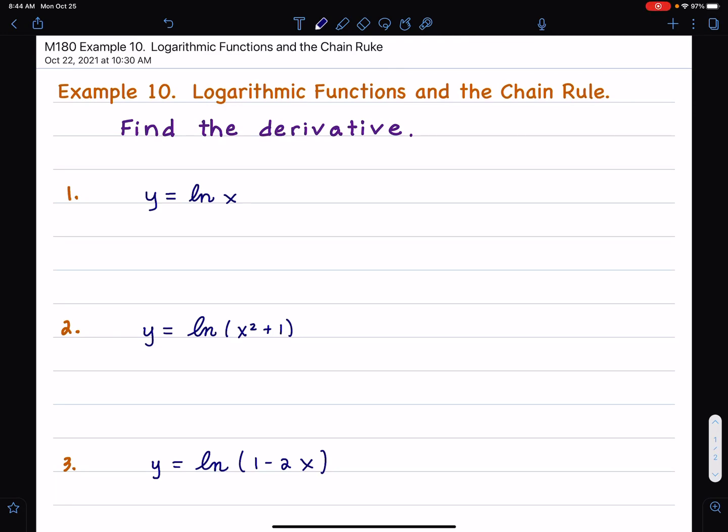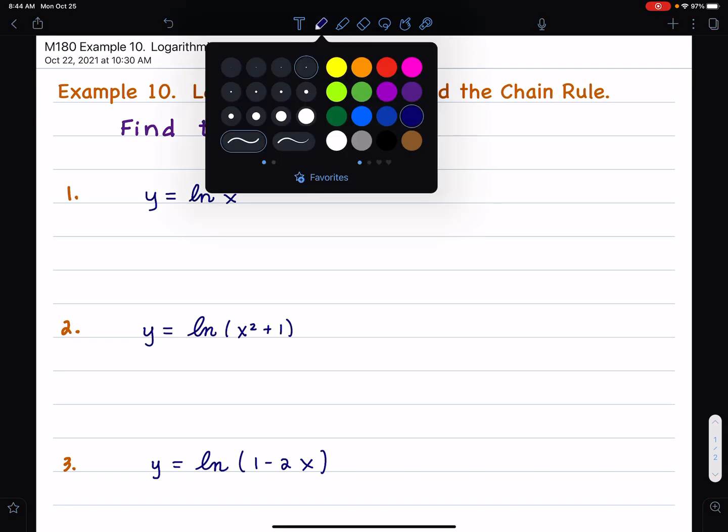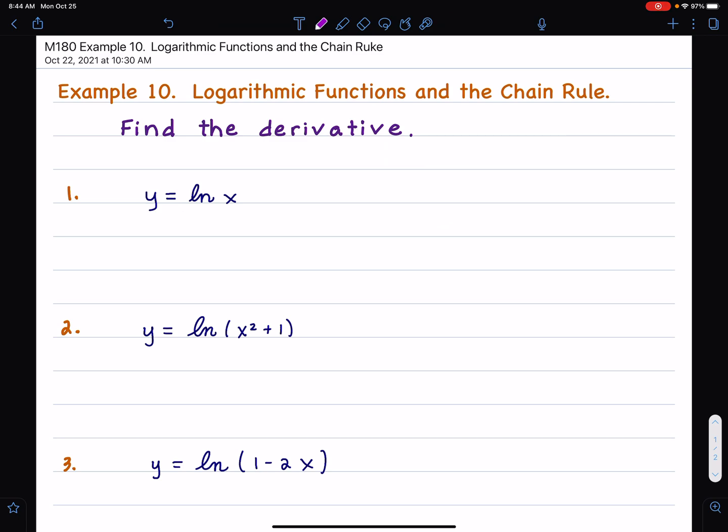Okay, in this video, we're going to find the derivative of logarithm functions. And so we start off with the essential here: the derivative of ln x is 1 over x. Now this leads to the chain rule involving logarithm functions. If I have y equals ln u, where u is a function of x, then dy dx